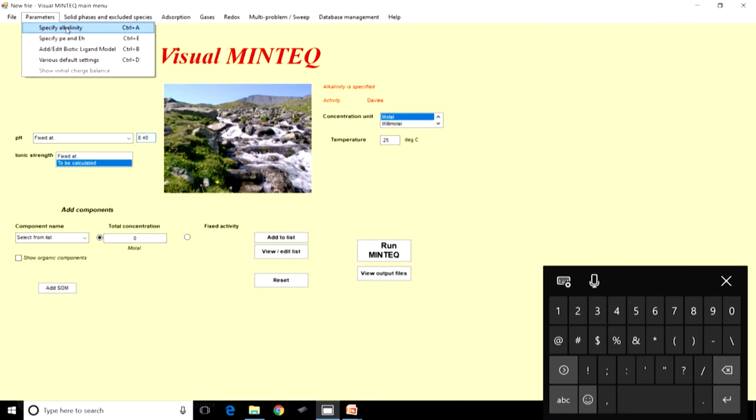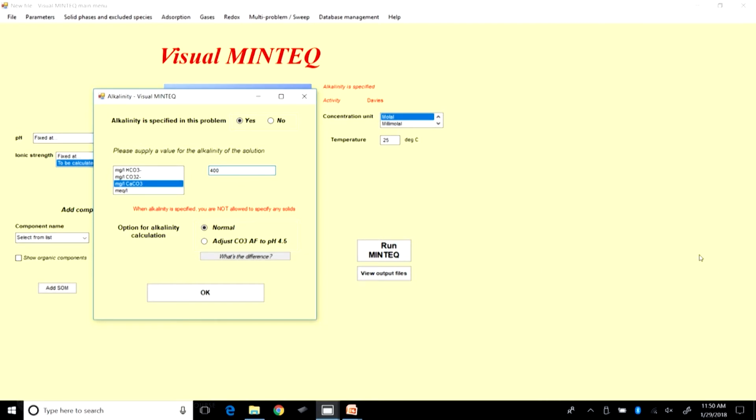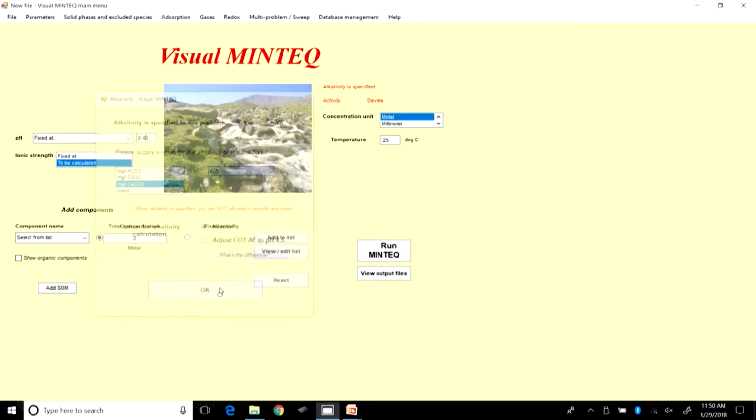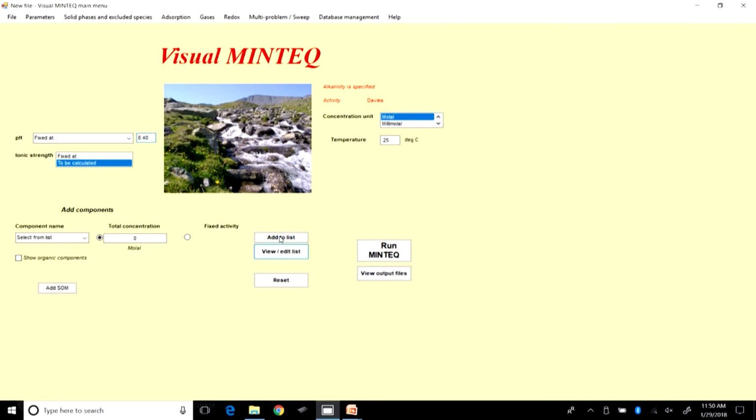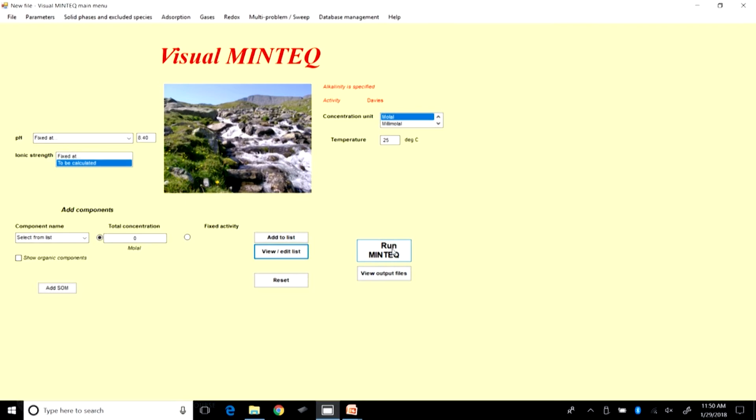And in parameters we are going to specify the alkalinity, and the alkalinity now is going to be equal to 400, and okay. And sometimes we need to be careful about this. So, let us go back here and then run vMinTech,